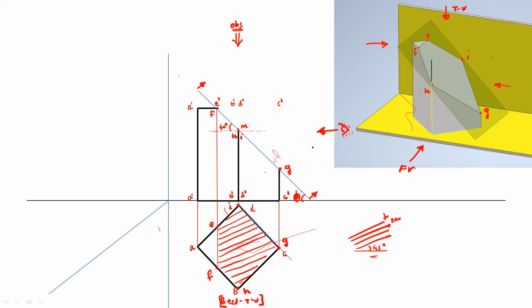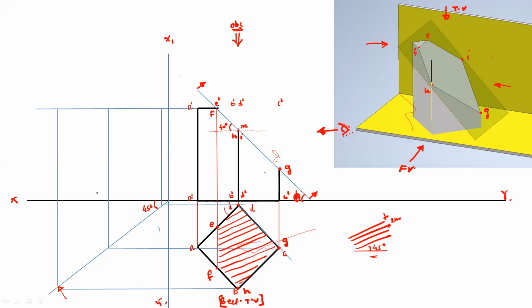To draw the side view, we will take the projection from the front view and the top view, and therefore I have drawn the 45 degree line. Just draw this line at 45 degrees with the XY line and draw the X1, Y1. So this is the X1, Y1 line, and this is the XY line. Now take the projection from the front view. From the intersection points, draw the vertical lines, and you can mark these intersection points.